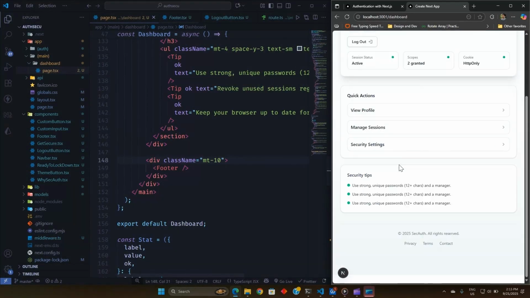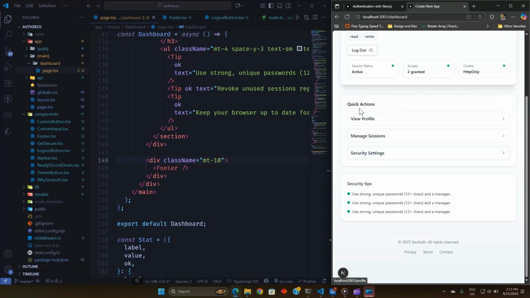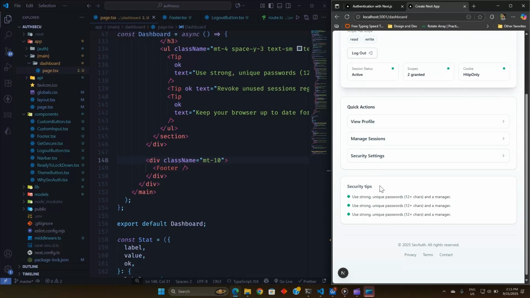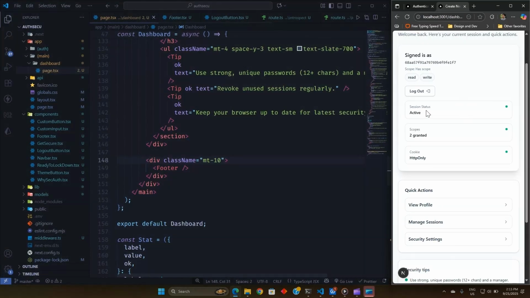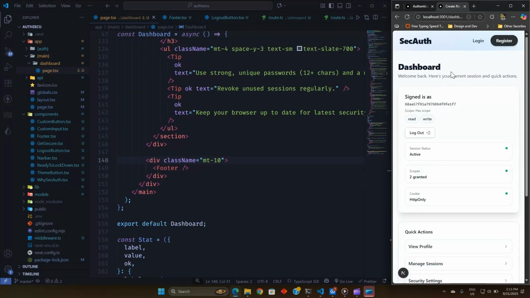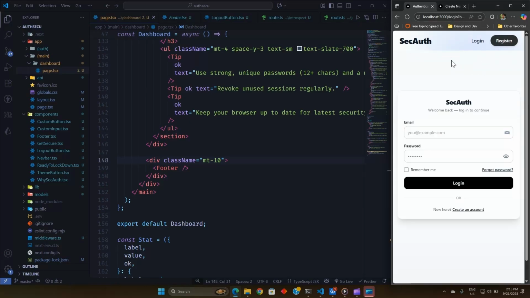So you can see, in this width of the screen, our quick actions and the screen tip are in the same column, but these are in three columns, and when it is in the mobile view, it also becomes a single column. So that's it. We are done with our dashboard, and let's go back here and let me refresh this page,